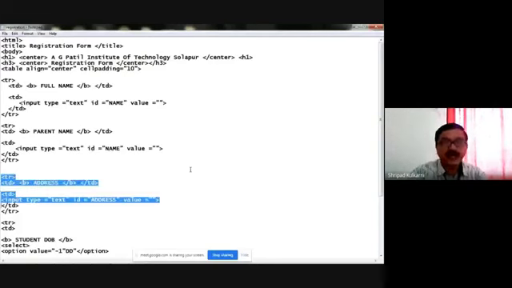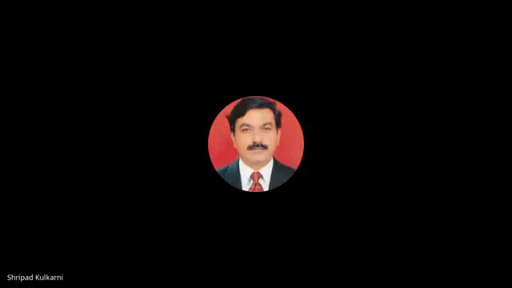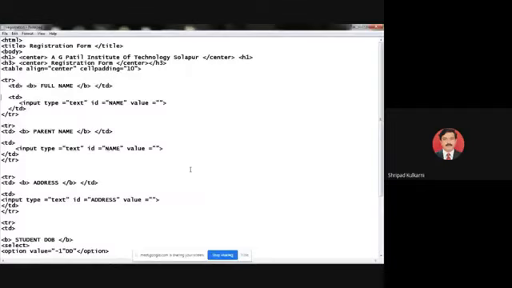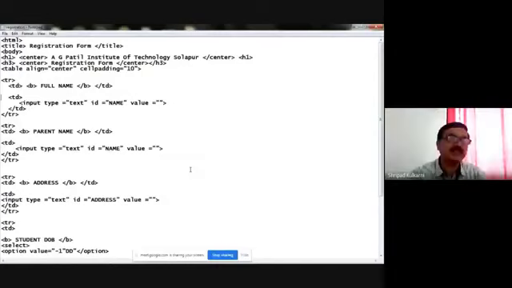After that, one more block which I want to use for address. I want to display the address word as it is, and three different TRs. In the first TR, again two different TDs are coming. This is the hierarchy, try to understand. One table is there, in that table a number of rows and columns are coming. Likewise, a number of cells are coming, and in which cell which information we are going to display, that is the TD.